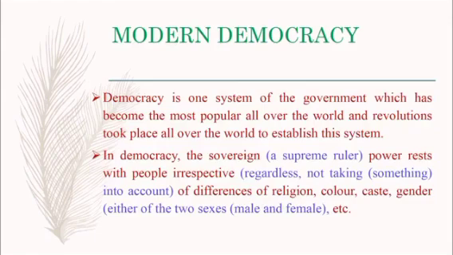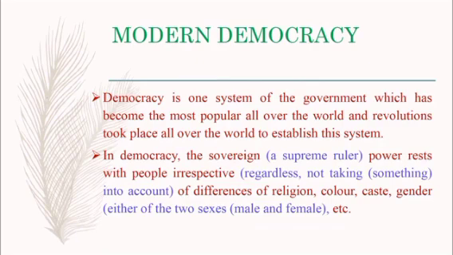Next, we are going to learn about modern democracy. Democracy is one system of government which has become the most popular all over the world, and revolutions took place all over the world to establish this system. In democracy, the sovereign, here the sovereign means a supreme ruler, power rests with people,